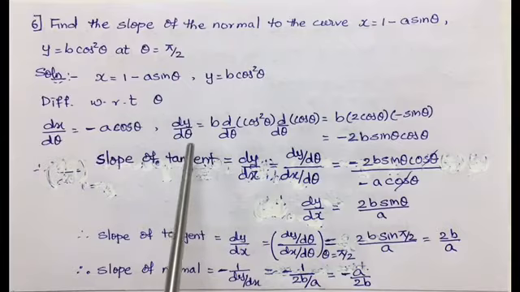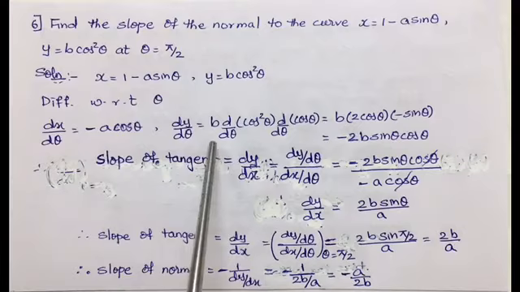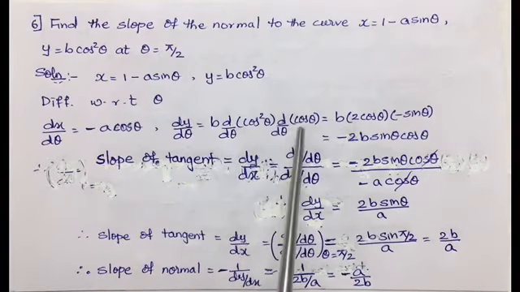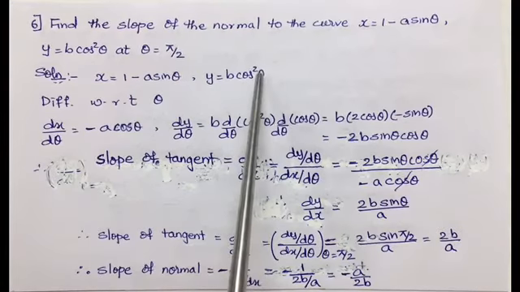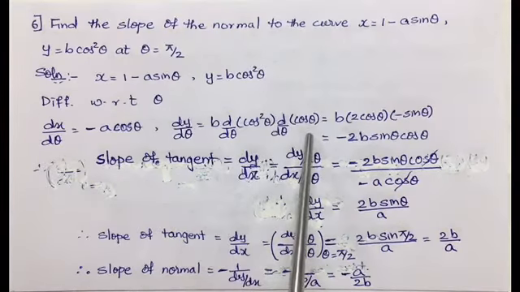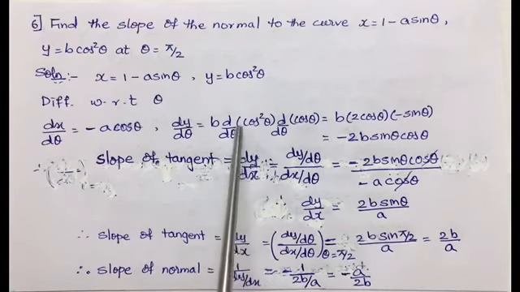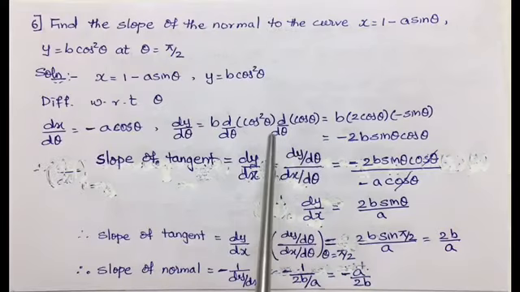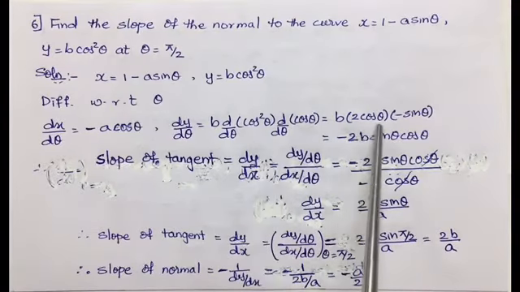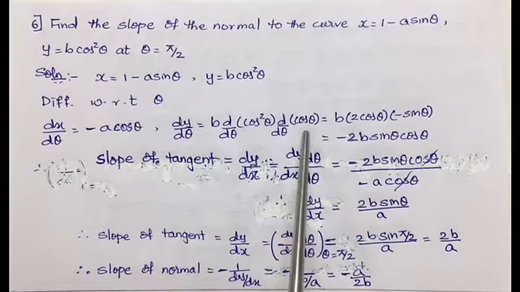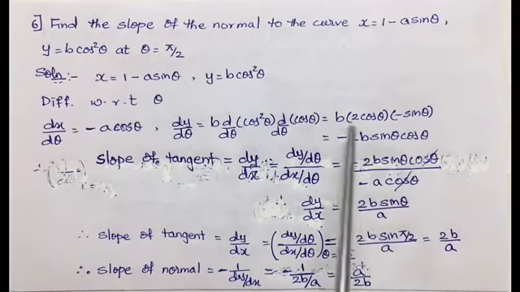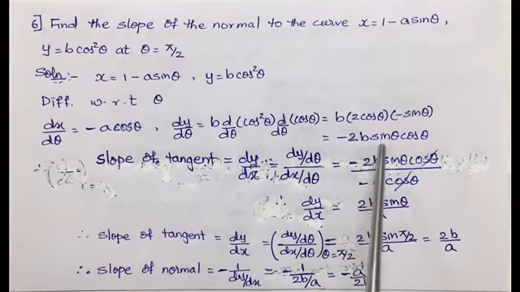Now taking the derivative of y with respect to theta, we get dy by d theta is equal to b d by d theta of, here chain rule is used. First is the derivative of power and the derivative of cos theta. So d by d theta of cos square theta into d by d theta of cos theta. Derivative of cos square theta is 2 cos theta and derivative of only cos theta makes it minus sin theta. Taking the product, it becomes minus 2b sin theta cos theta.